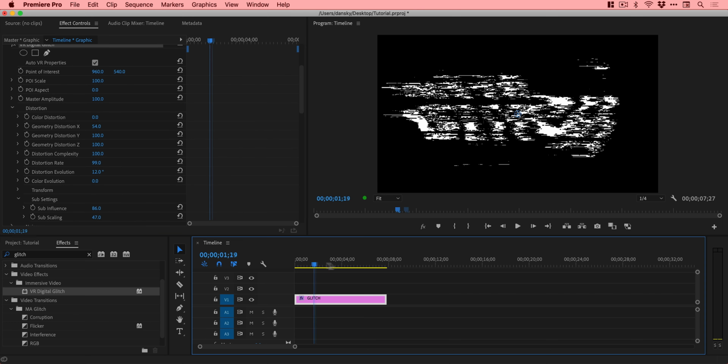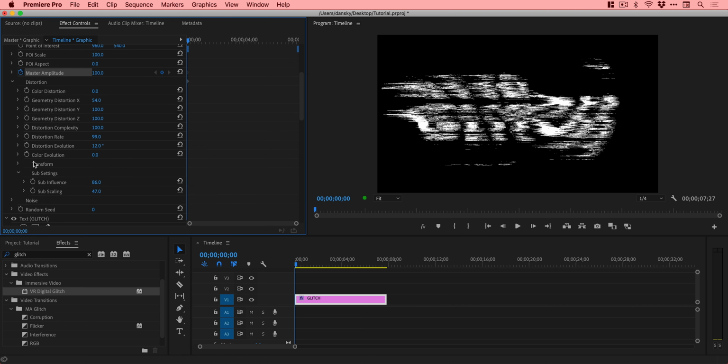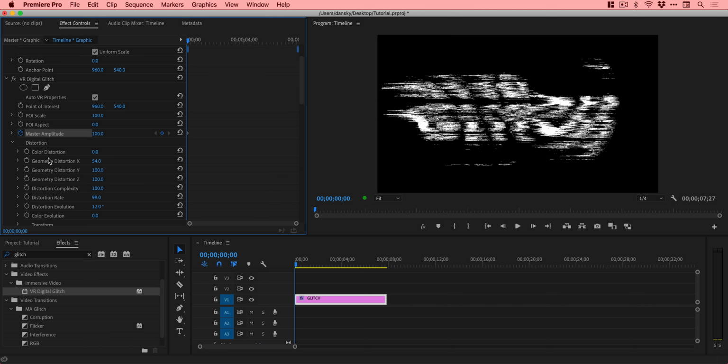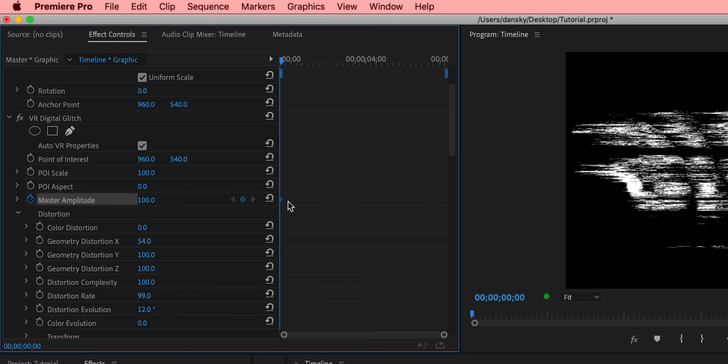So what I'm going to do now is just make sure my playhead is at the beginning. So we're definitely at 0. And then if I go to master amplitude, I'm just going to toggle a keyframe animation here. Now you can go through and do this individually for all of these different things, and you can have one glitch effect morph into another glitch effect. You can get really creative, but you can just about see here, there's a little keyframe right there,